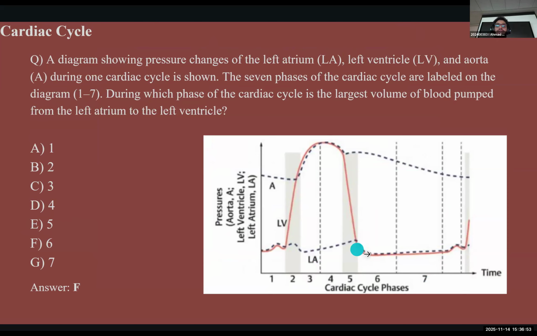Yes, as you said, Fuad. Initially in phase 6, the valve was closed, تمام? As you can see here. The pressure in the ventricle, oh, let's take phase 5. The pressure in the ventricle was higher than the pressure in the atrium, so the valve is now closed. As soon as the pressure in the atrium exceeds the pressure in the ventricle, the valve is going to rapidly open, and all of the blood that was kept behind the valve is going to rapidly move in.